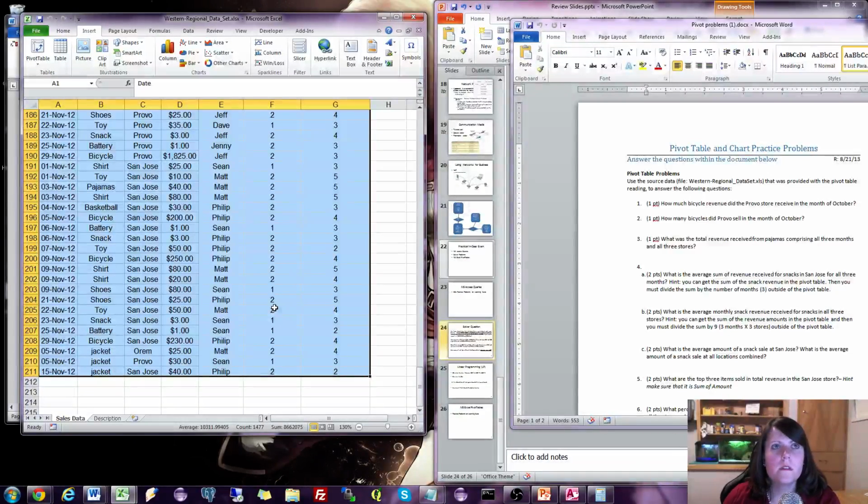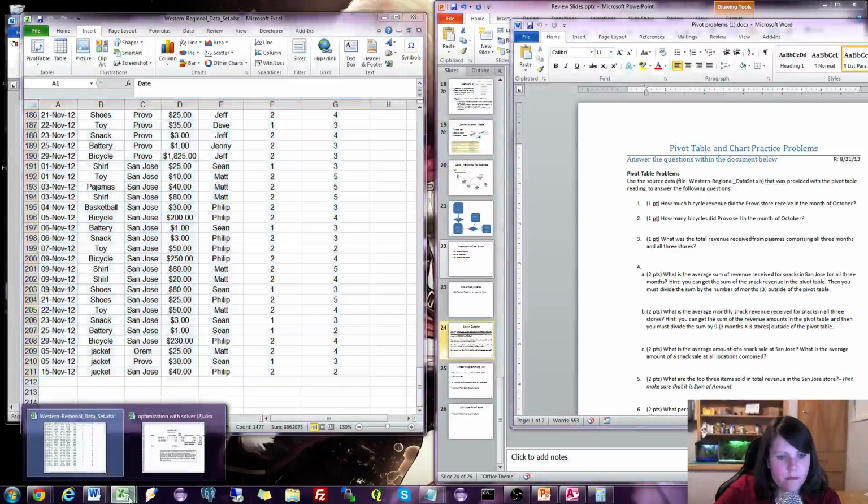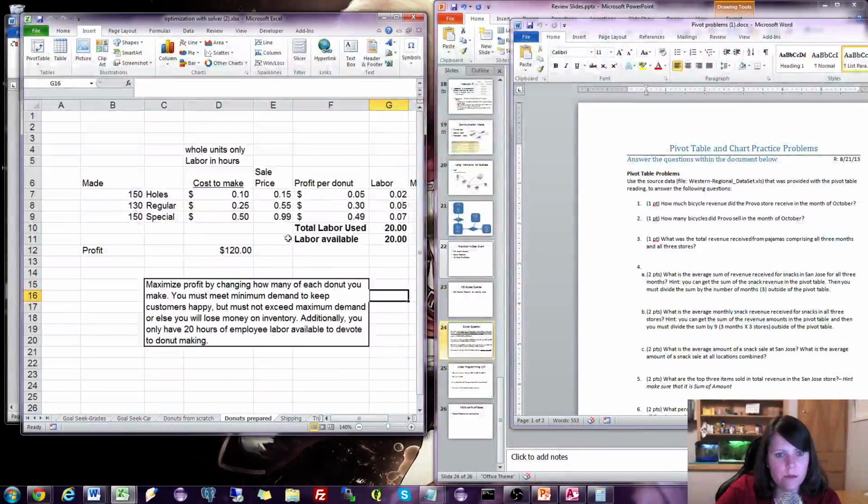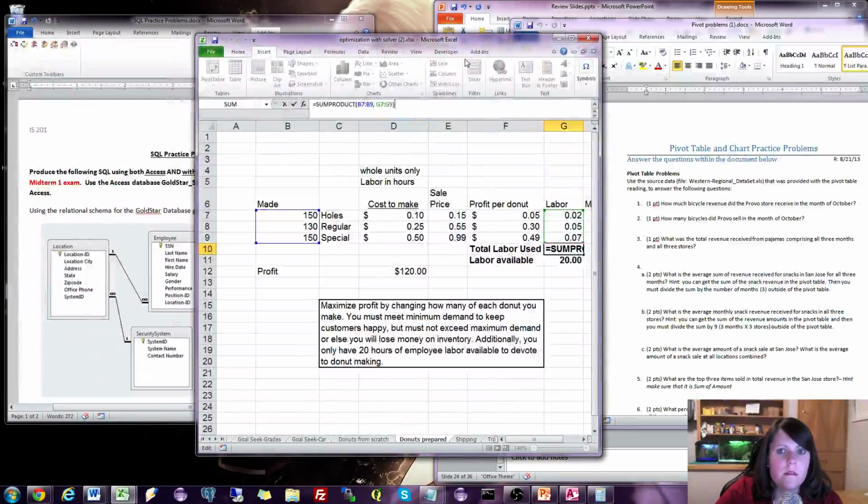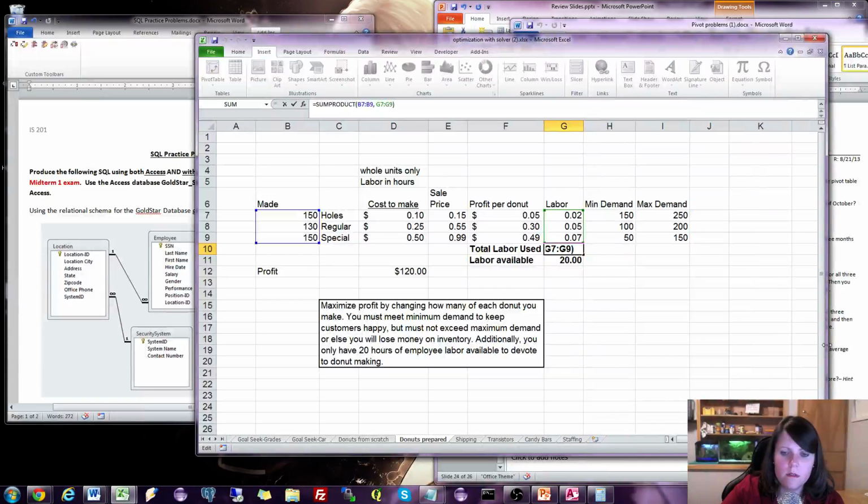Solver problems. In terms of it being hard, I would just say you need to make sure that if you have a function in Solver, you are characterizing it in the proper way. That's going to be the hard thing. Or for example, we did some cases where